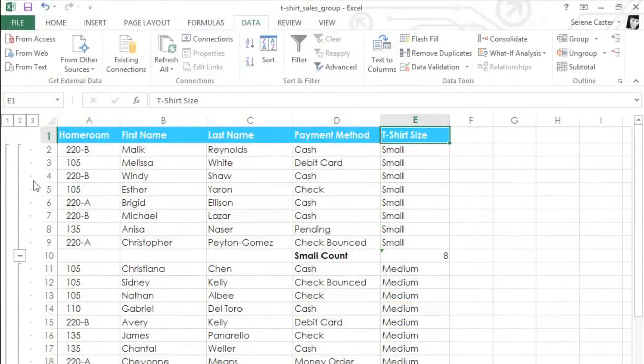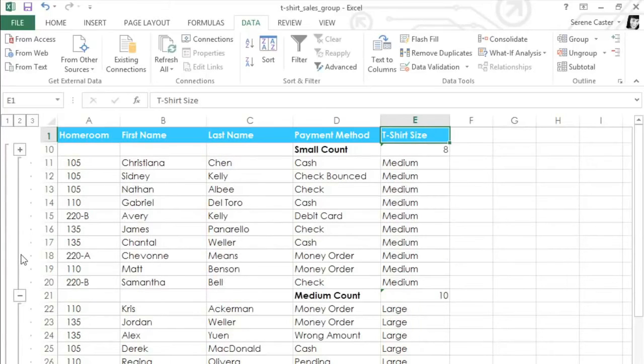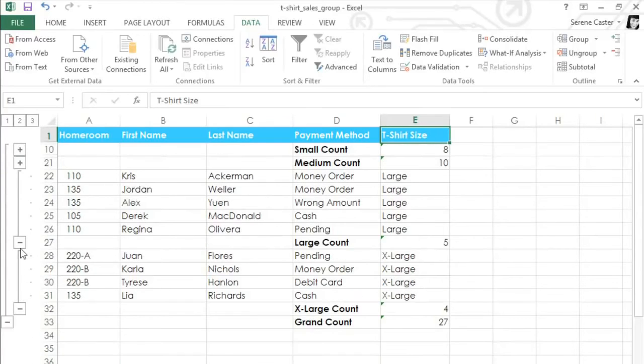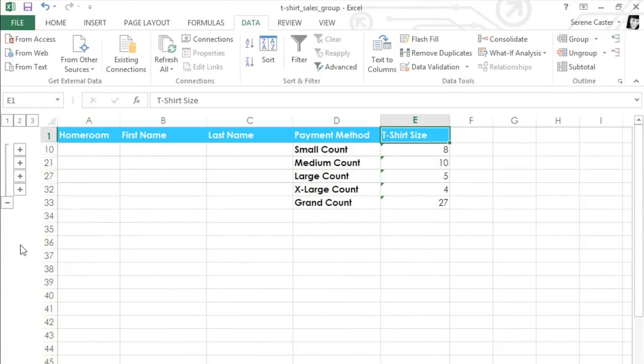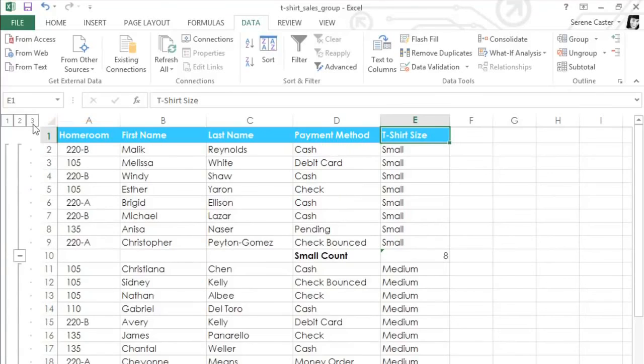To make the worksheet easier to read, you can show or hide each group just like I showed you before. But when you have groups inside of groups, like we do in this example, sometimes it's easier to view them by level. Just look for the buttons to the left of your worksheet. The highest level, which is 3 in this case,